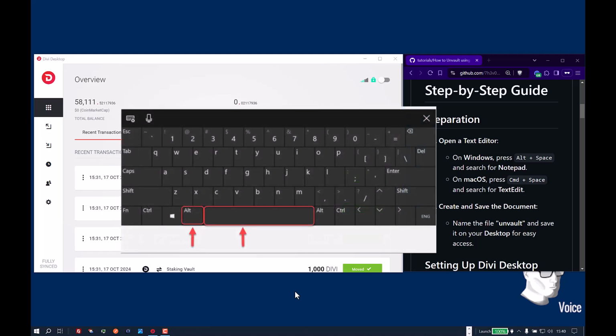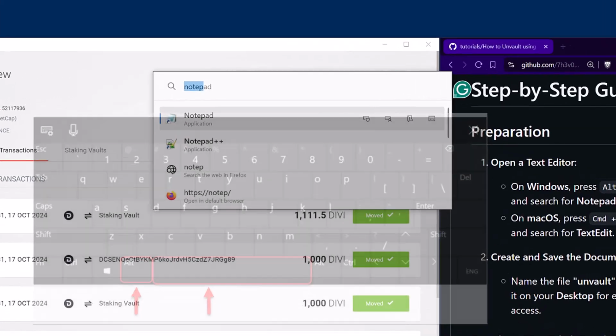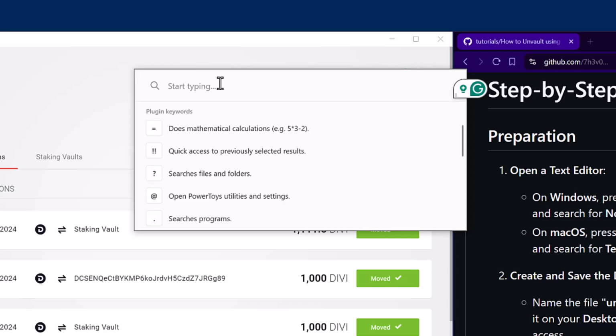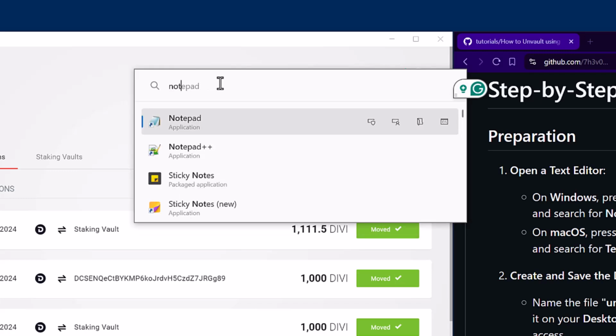Hold down my Alt key, and I'm going to tap the space bar key. And that pops this little search up. Now, if I clean that out, it has all sorts of things I can search for. But what I'm going to search for is Notepad. Look, as I start typing it, it starts to